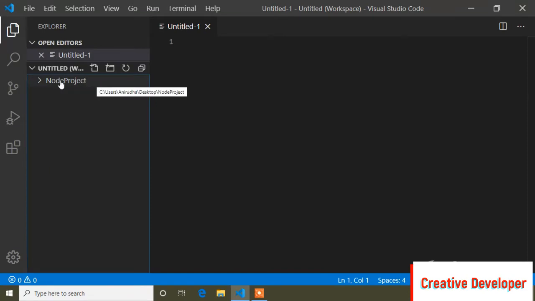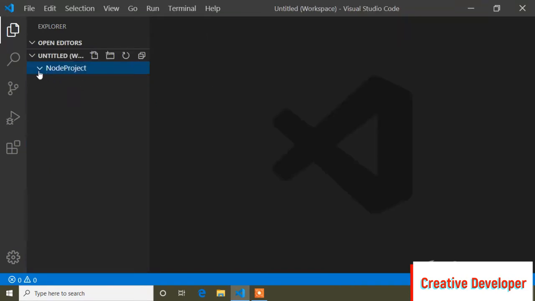You can see Node project is added, and now inside this Node project folder I will create a file. You can see this icon is for creating a new file. I will click this icon and write a file name. You can write any name for this file as per your choice, but this file will be hit first when you run your Node.js project.